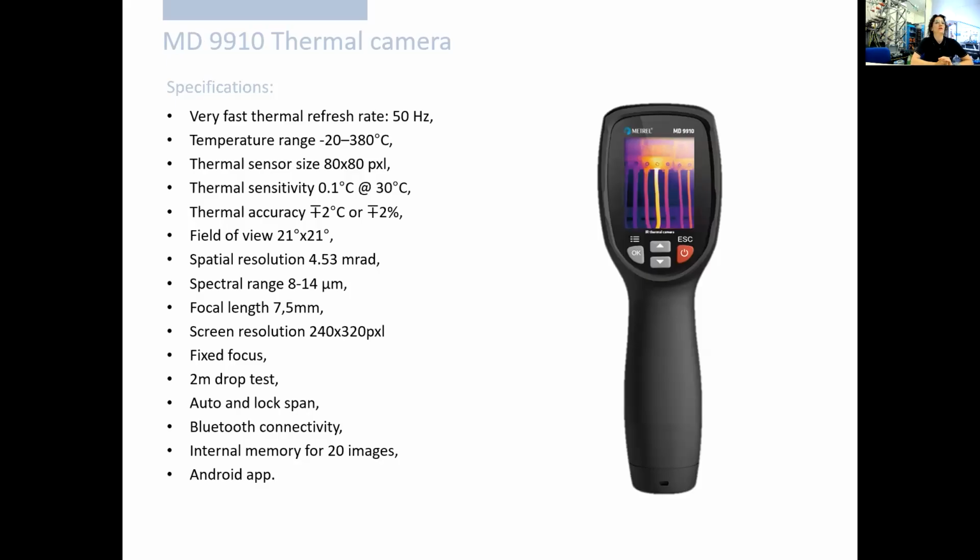The first one is the MD9910. This is the entry-level general purpose model. I put its very fast thermal refresh rate as the first specification because I cannot stress enough how important this is. If you compare the camera with a 50 hertz refresh rate to the competitors' cameras, which typically have a refresh rate of about 8 or 9 hertz, you can see how much more comfortable our camera is